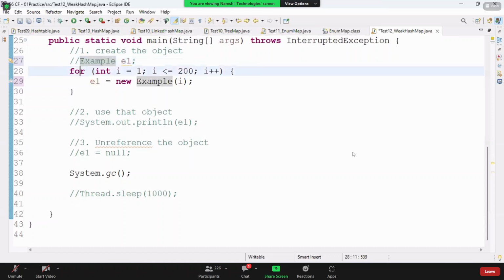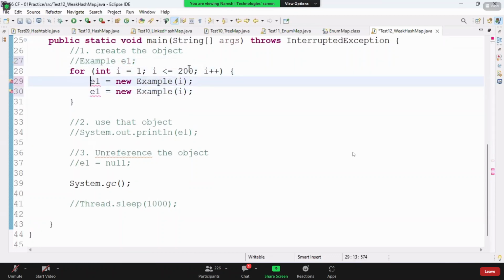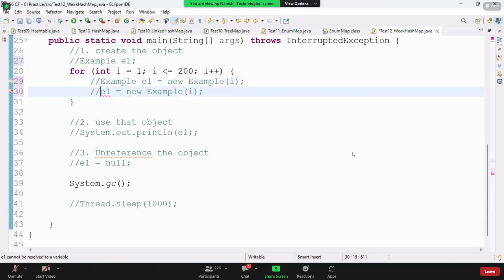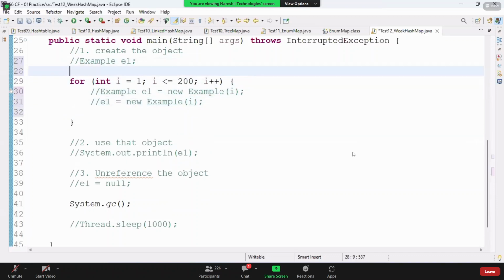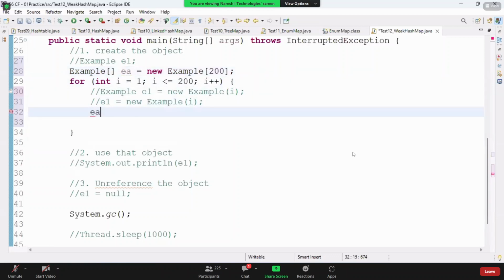So I have to comment it. Then what should I write here? If I write E1 = new Example, only one object will be there. Then what should I do here? I must create an Example array, EA = new Example[], tell me, what is the size I have to pass? 200. Okay. Then what logic should I write here? EA[i] = new Example();